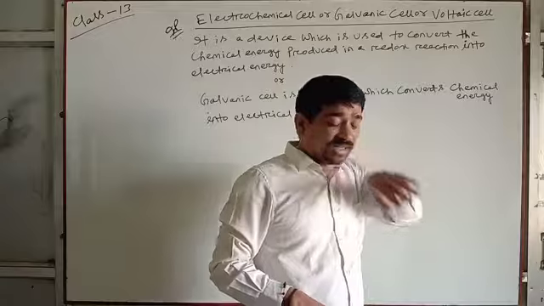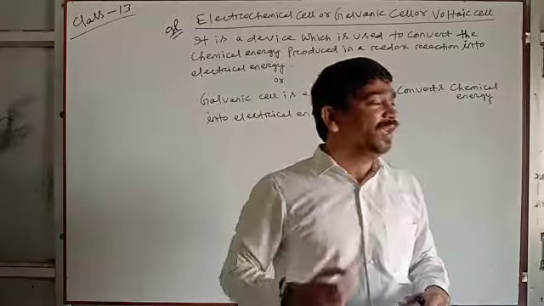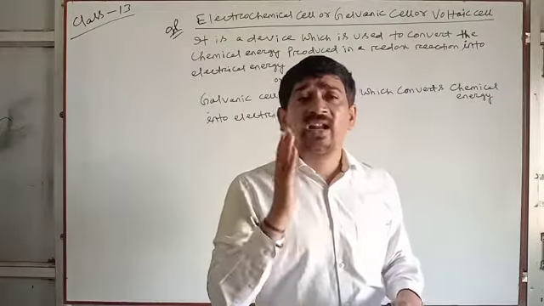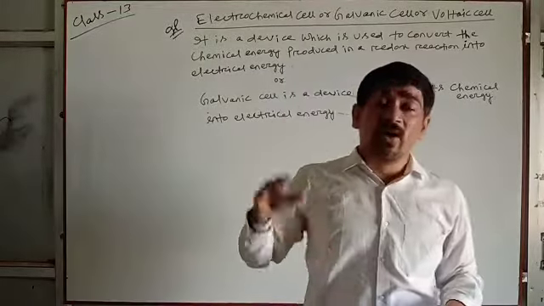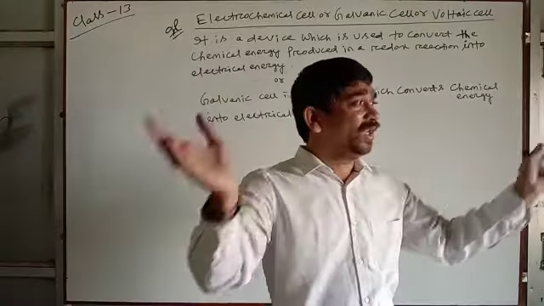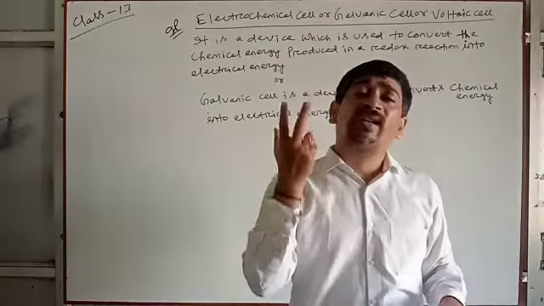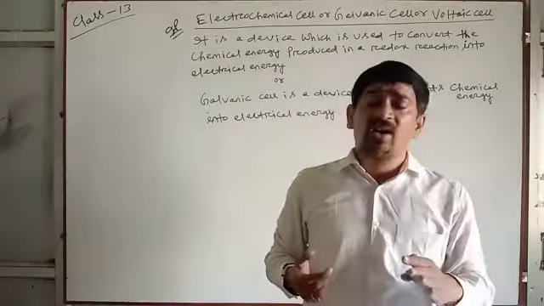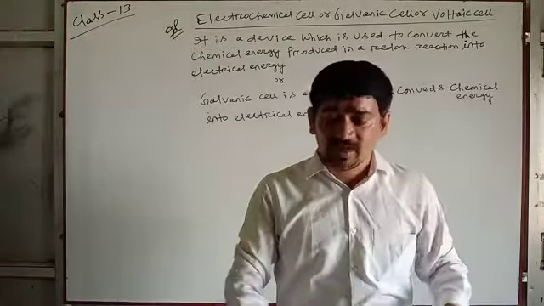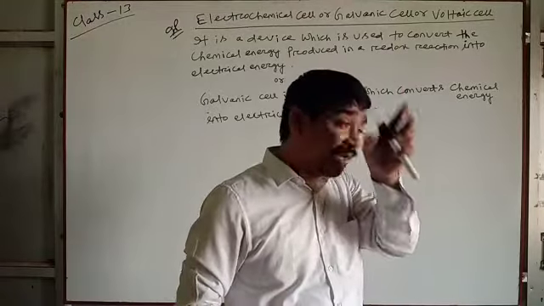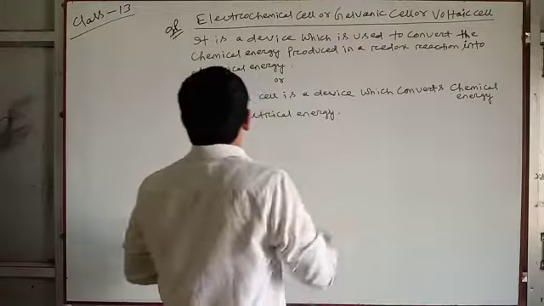Clear? So next I will draw the diagram for galvanic cell. Another important thing is that most of the electrochemical reactions are pollution free. When you do a chemical reaction in the laboratory, it releases gases or smells to the atmosphere, which is polluting to the environment. But most of the electrochemical reactions are pollution free or eco friendly. Clear? So next I am drawing the diagram for galvanic cell or voltaic cell.